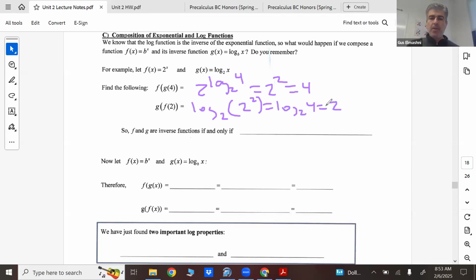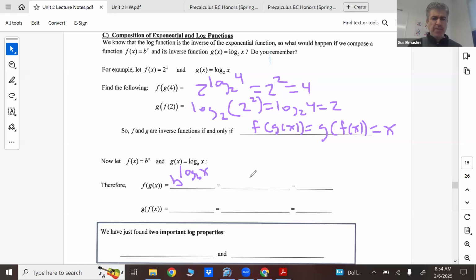There comes 2. So f and g are inverses of each other if and only if f of g of x equals g of f of x, which equals x. Always going to equal the input. So what this means is that if I do f of g of x, b to the log base b of x, that's just basically going to be